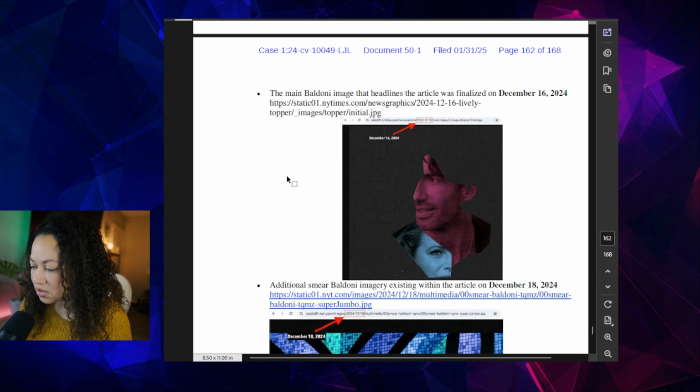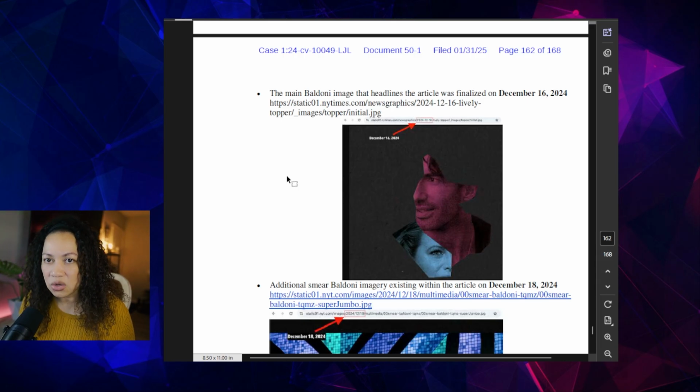And for the purpose of SEO, we use dates, we use titles. So these are things that I can always expect to be on a web page. If you look here, you can see in this URL, which is like the address to get to this image, that image was finalized and uploaded on December 16th. They also put Lively in the file name.